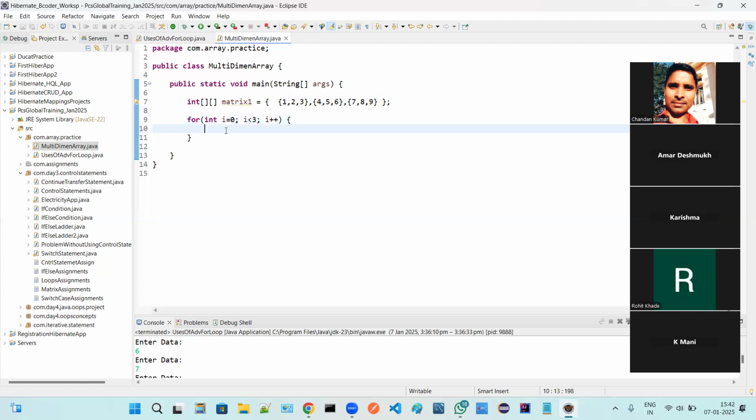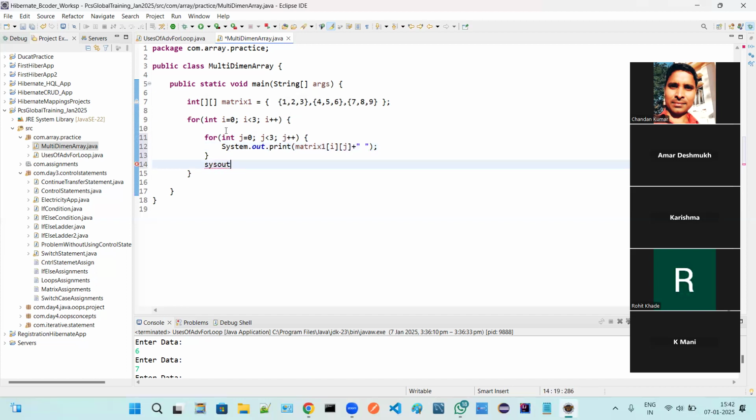And for int j equal to 0, j is less than 3 and j plus plus. Now see, I'm printing the value with System.out.println. How are we going to print this? matrix1 with subscripts i and j, and I'm giving a space, and after this I'm giving a backslash n. Let me save it and execute it.